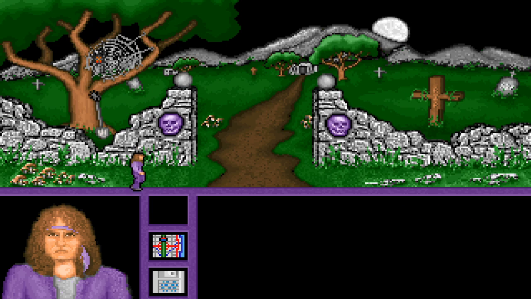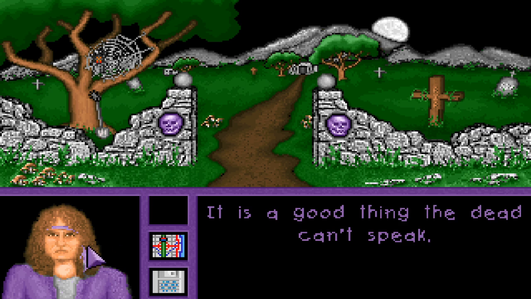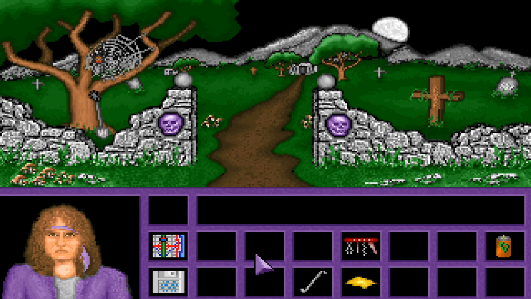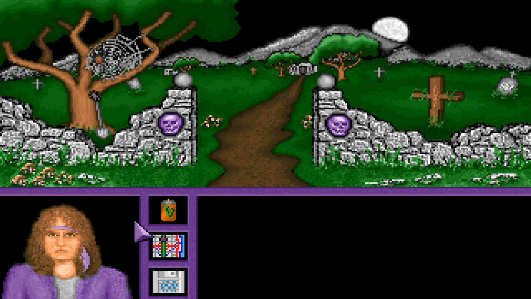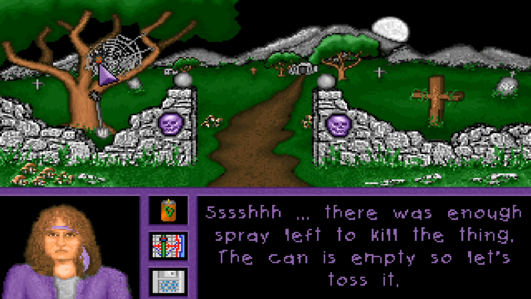Okay, so now we go to the cemetery to get the rubber glove, and need to use this in order to get rid of the spider.